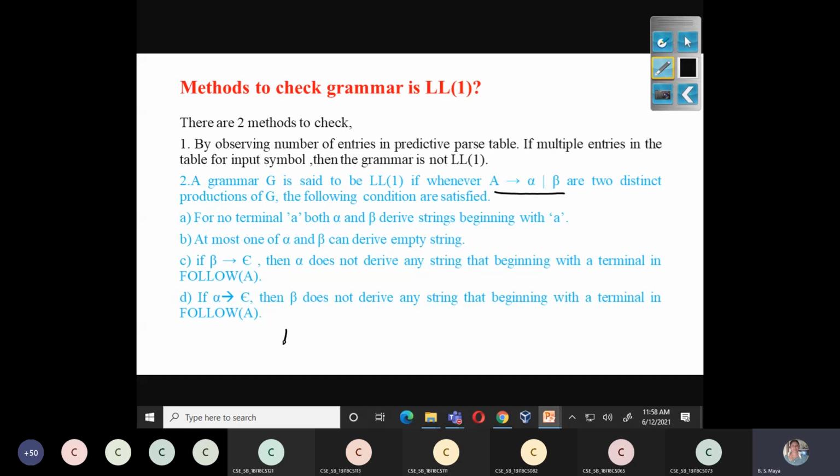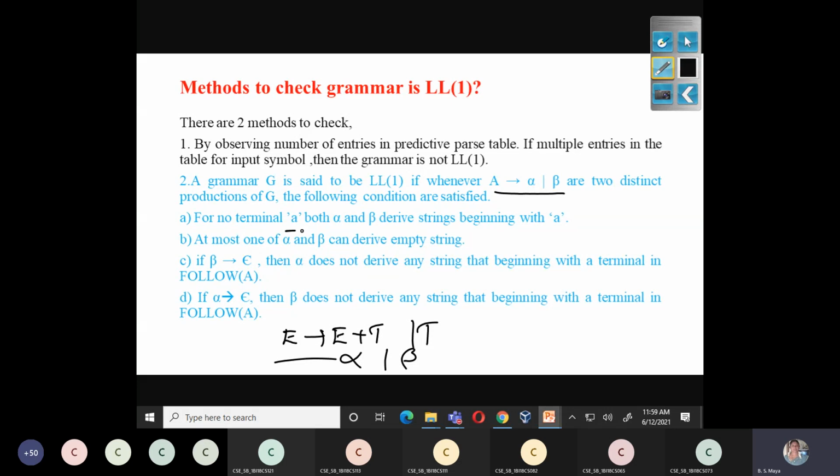See, we have a production, for example E derives E plus T or T. T is of type alpha and beta. We have two disjoint sets. You have only two disjoint sets, you can take alpha and beta as two disjoint sets. Then we can apply the condition to check whether the given grammar is LL1 or not.